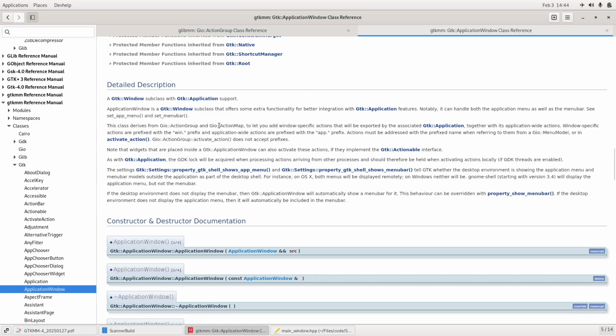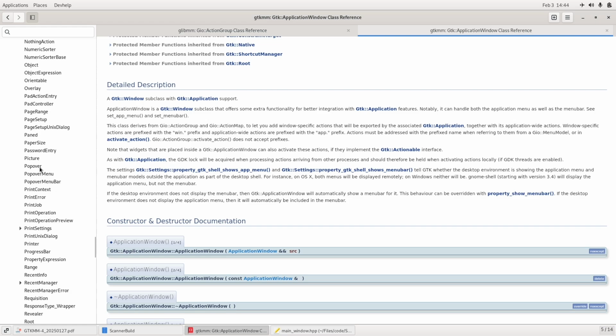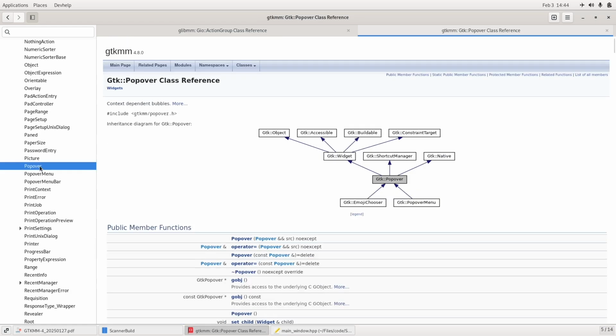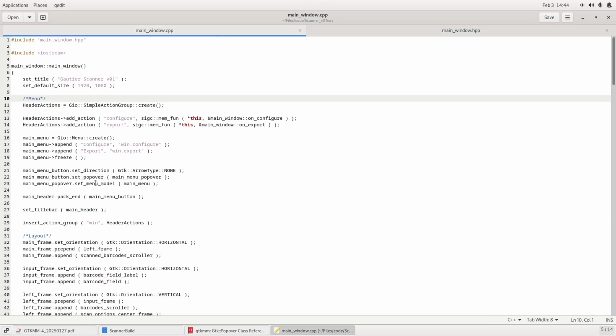So I went all around the world. I looked at everything and anything. I looked at popovers. I had issues with popovers. So just know that when you are setting up a menu model, depending on how you set up the menu model, then the documentation for a menu. So you're setting up what's called an actual menu or a menu model,